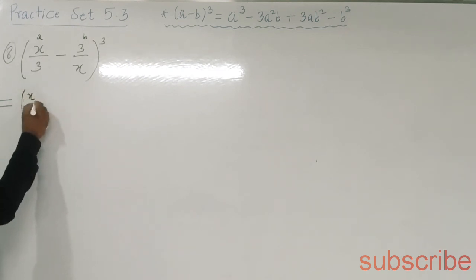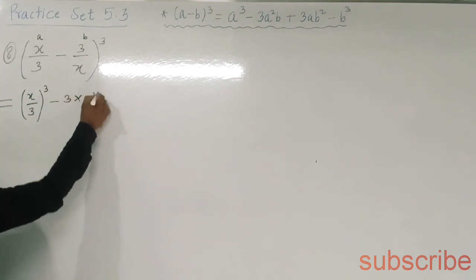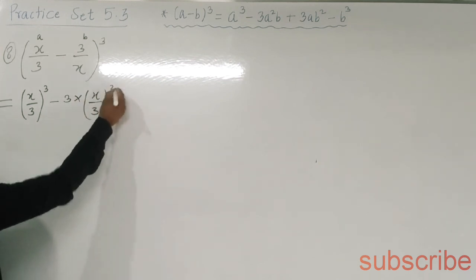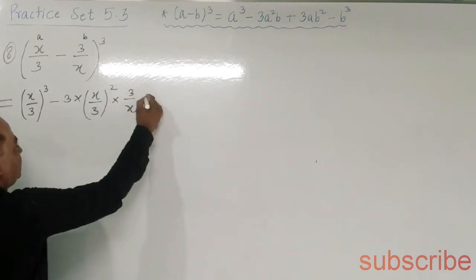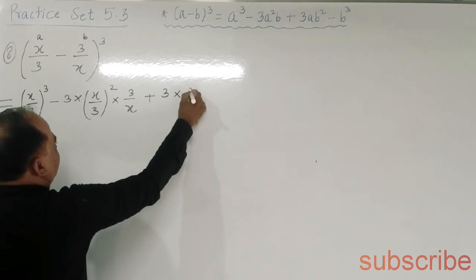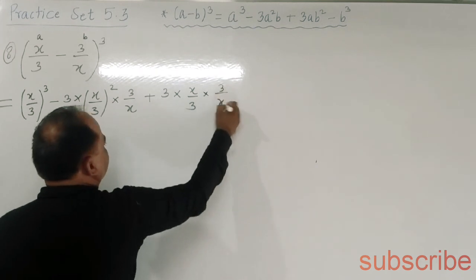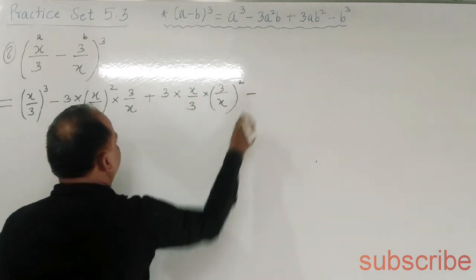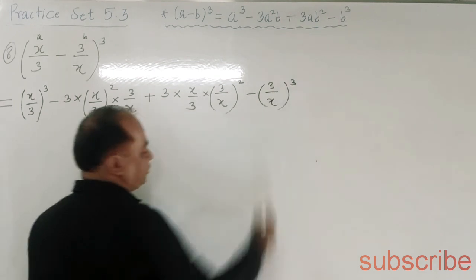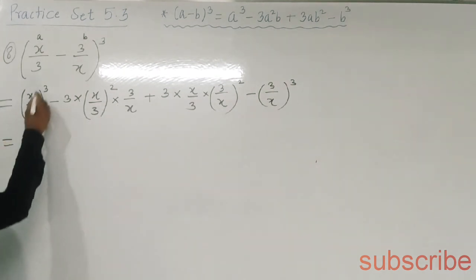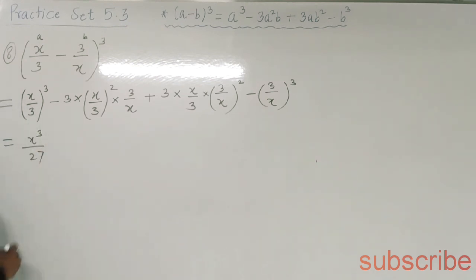So first term x upon 3 cube, minus 3 times x upon 3 bracket square into 3 upon x, plus 3 times x upon 3 into b, that is 3 upon x bracket square, minus b cube, that is 3 upon x bracket cube. Now x upon 3 bracket cube is x cube upon 3 cube, which is 27,